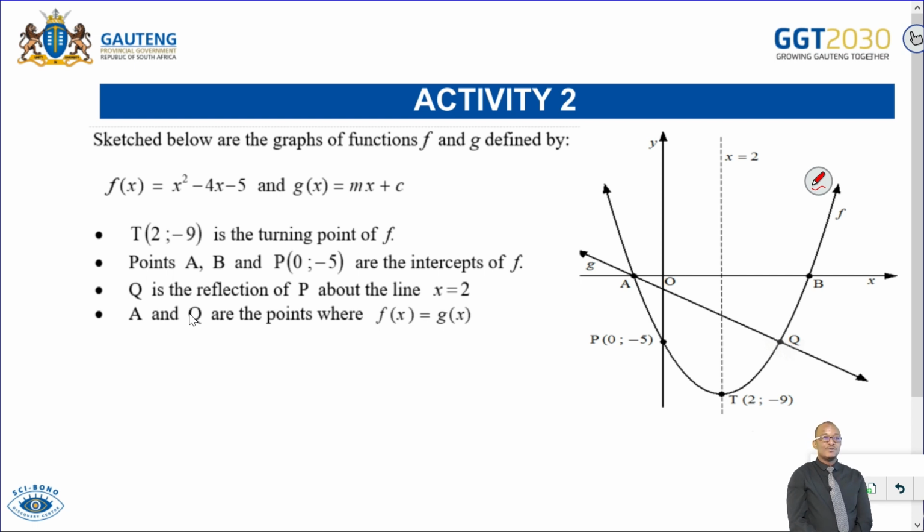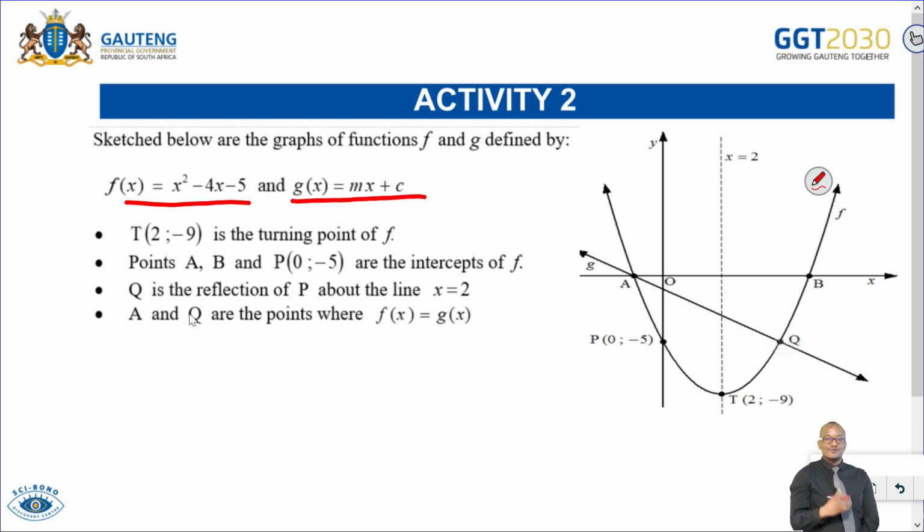The graphs sketched below are the graphs of functions f and g defined by f of x is equal to x squared minus 4x minus 5, and g of x is equal to mx plus c. So now we have the information in f of x, and we don't have the information in